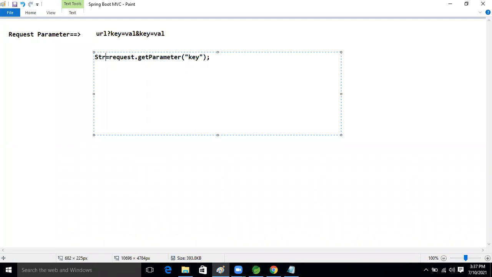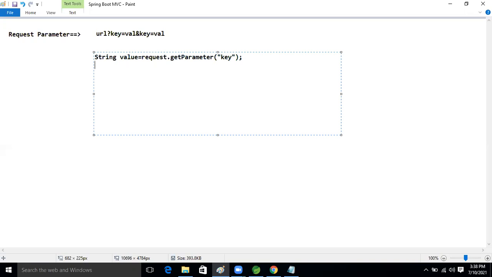Then that value is sent to some variable. Then the value, we are storing in some variable or not, guys? Yes Ravi, like this. After that, if required, we need to convert this data into a primitive, integer.